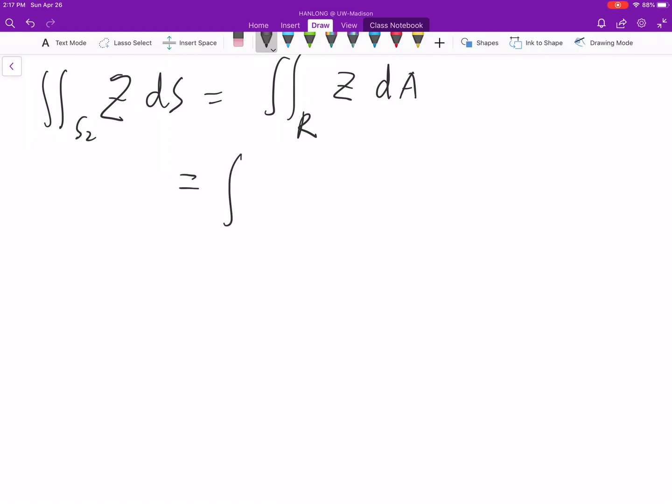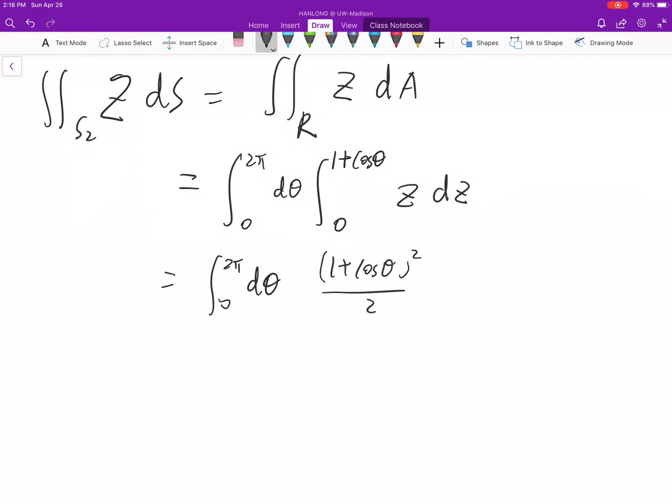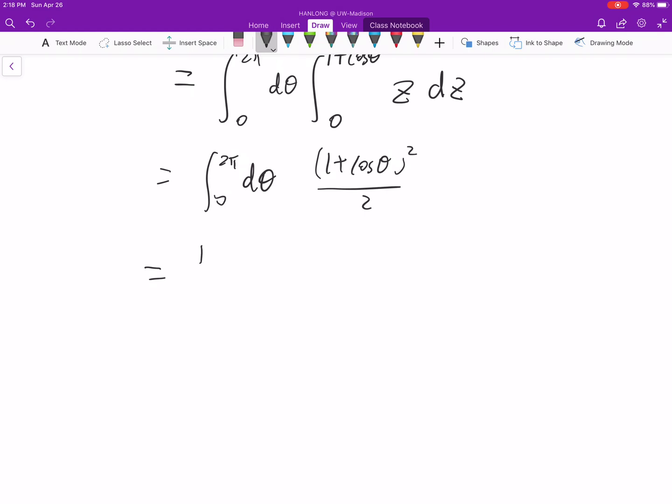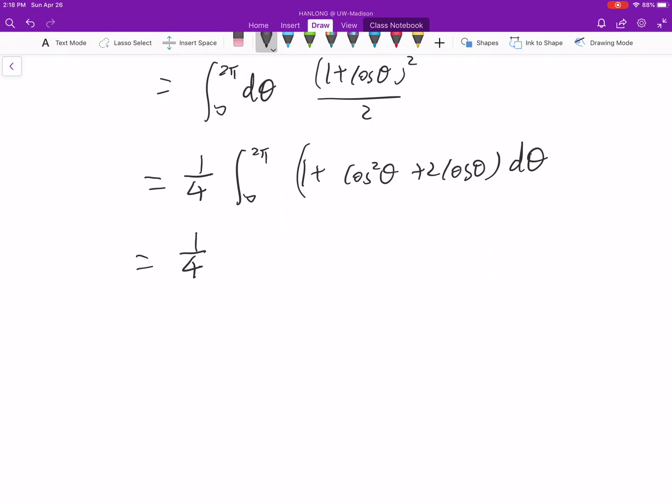Okay, then you can write it down as the following. So first, outside you do the theta integral, and then inside you have a z integral from 0 to 1 plus cosine theta. Inside you have z dz. Okay, then you just do iterative integrals. 1 plus cosine theta squared over 2. And then let's distribute and use the triangle formula, the half-angle formula. From 0 to 2 pi, 1 plus 2 cosine theta plus cosine 2 theta plus 1 over 2,